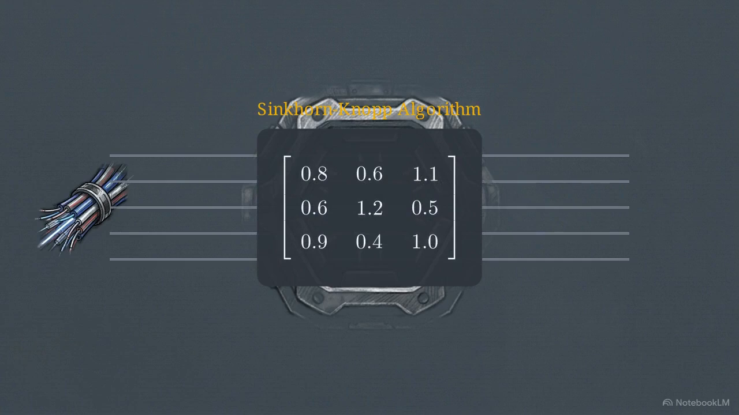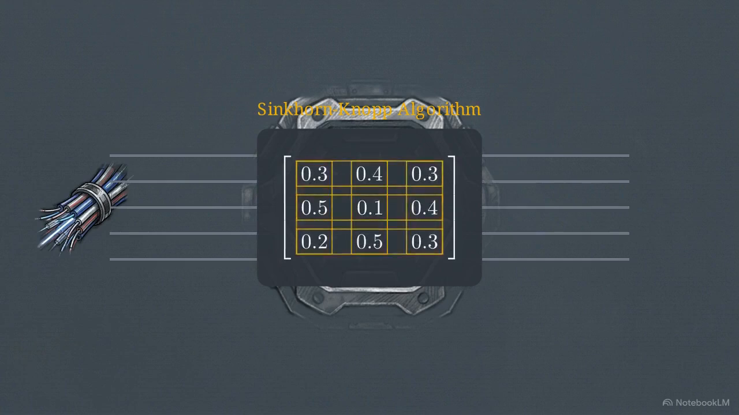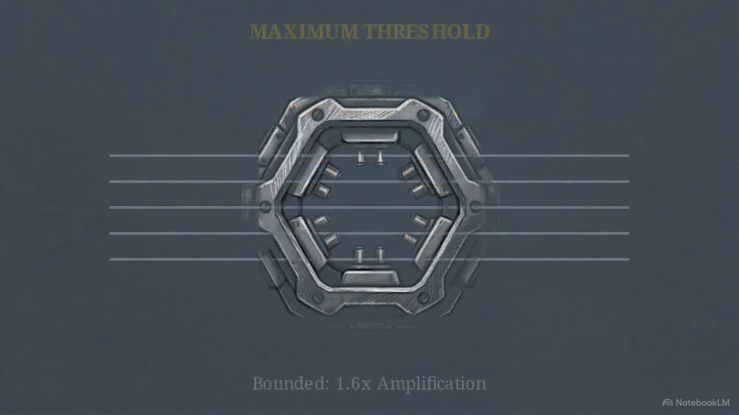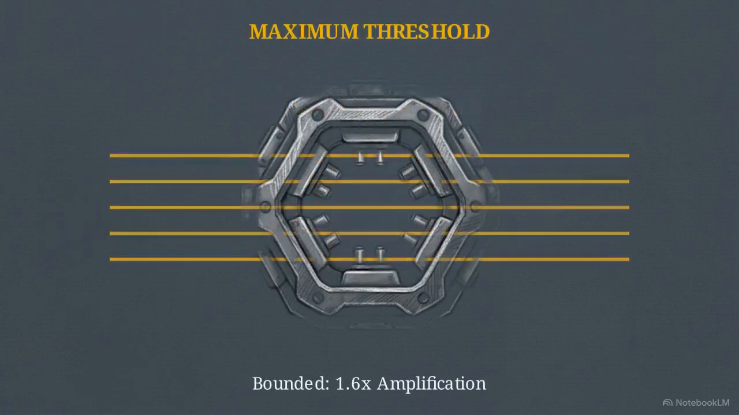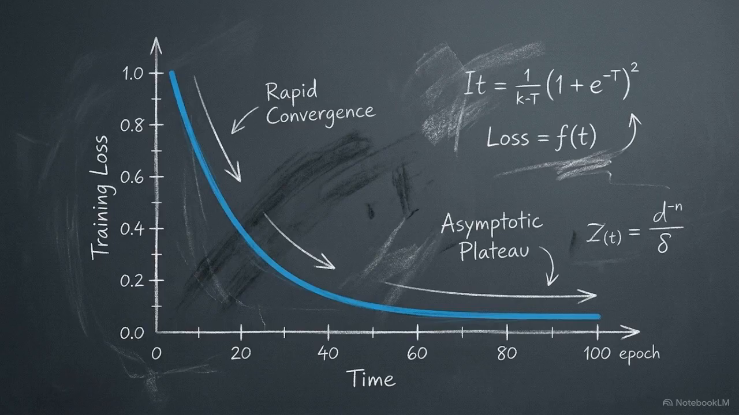This forces the operations to stay within a set of doubly stochastic matrices. This ensures the matrices remain non-expansive. Spectral norms are bounded, which limits signal amplification to a stable 1.6 times. The team paired this with the Muon optimizer, which offers faster convergence and higher stability at the trillion parameter scale